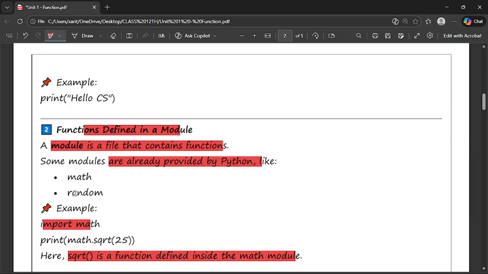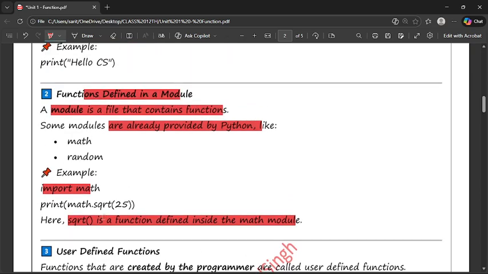See, import math. What does it mean? Import math simply means opening a toolbox. We are opening a toolbox. Inside the toolbox, the square root is there, so we use the square root tool. Now take a real life example of the same thing. In real life, a function is a